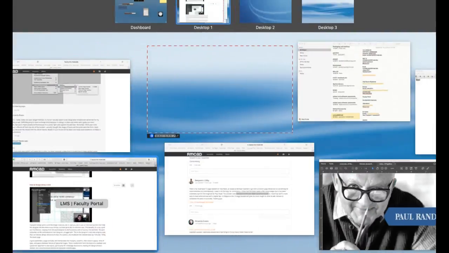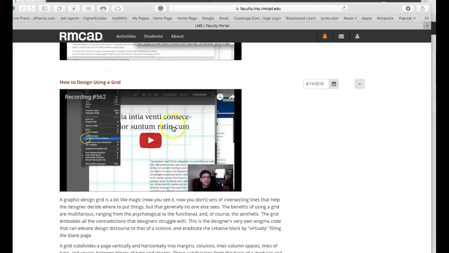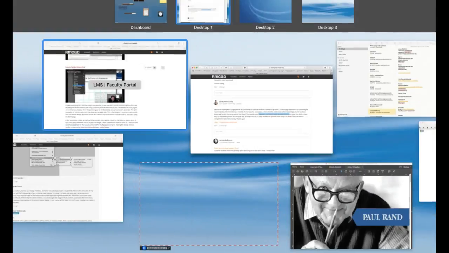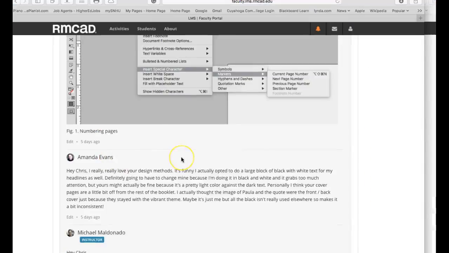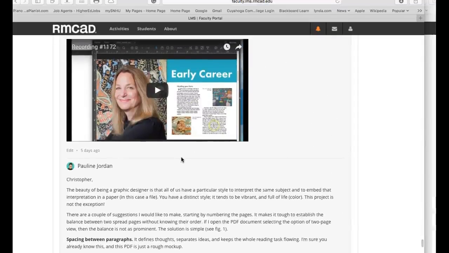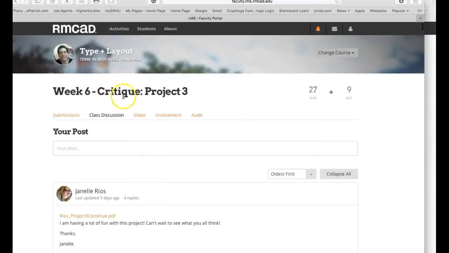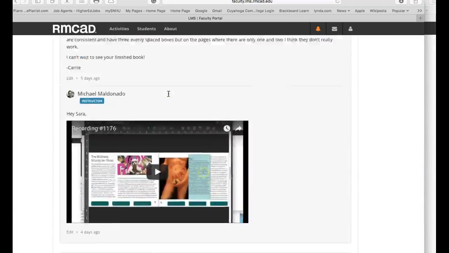Then there's kind of a part two to this guide, how to design using the grid, and that's over in our discussion board. This is week 6. This is last week's discussion board. See, week 6, critique, project 3. If you go all the way to the bottom of that, I don't know if you looked at this, but